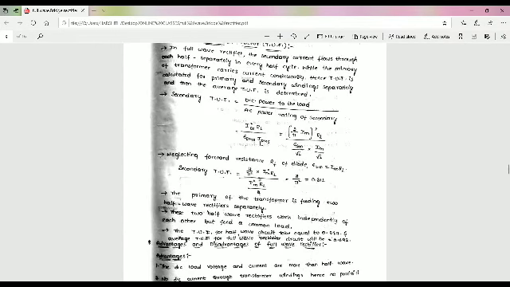So TUF is the DC power delivered to the load; we get the output DC power. Input power is the AC power, so it is output by input, the AC power rating of the secondary. Substituting the values, AC power is ERMS into IRMS, and DC power is I square DC into RL. Substituting the values, the secondary TUF is equal to 0.812.